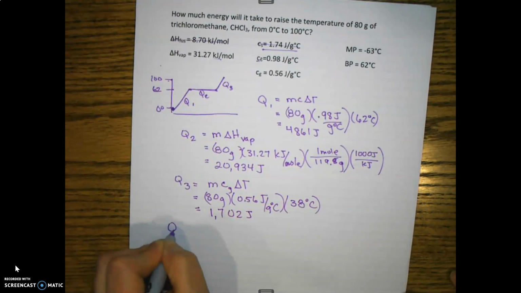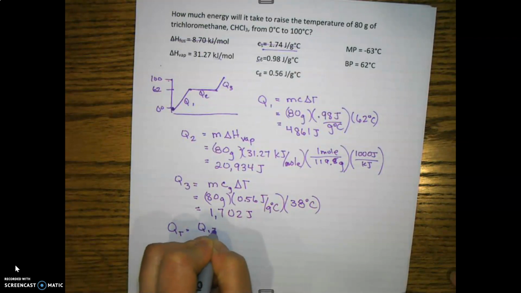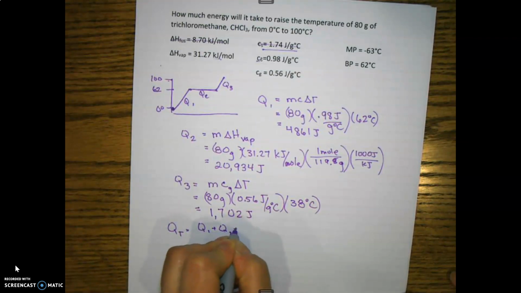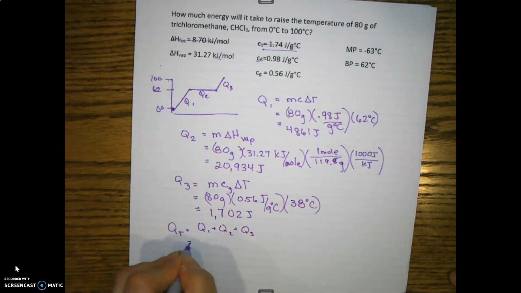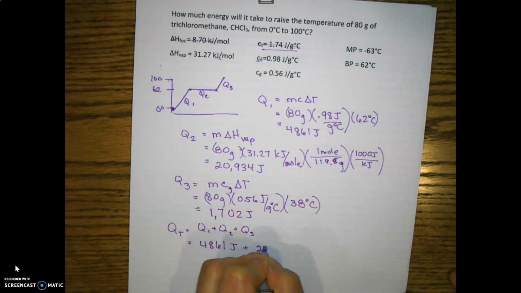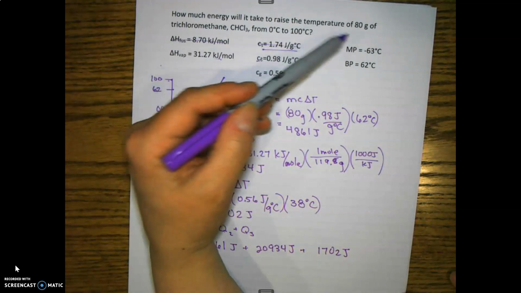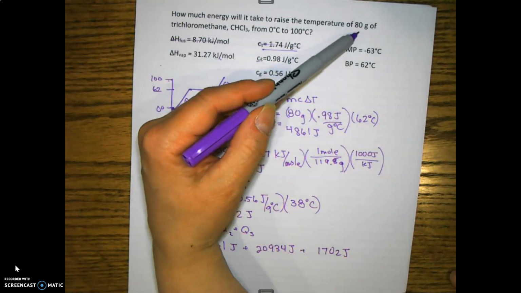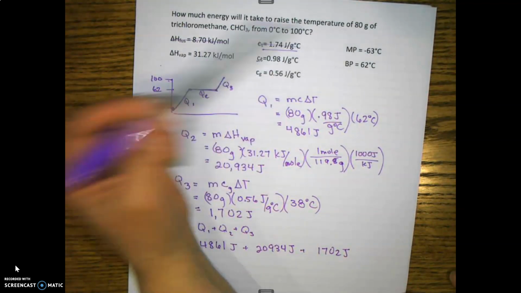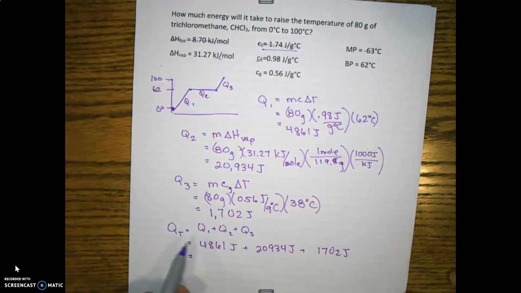So then overall, how much energy is it going to take? It's simply Q1 plus Q2 plus Q3. So I've got 4861 plus 20,934 plus 1702. I'm not rounding off yet. I'm going to wait till the end. If I look at all these numbers, technically, oh, that's really bad. I only have one digit there. So sig figs aren't too good here, but this is way more sig figs than I should have. So if I add those all up, I wind up with